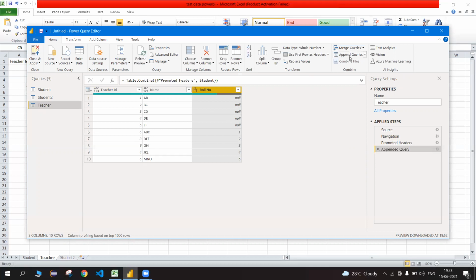So that was all for these two options, merge queries and append queries. I believe that merge queries is very important if we need to understand joins, though it isn't that important from the point of view of our BI. But when we would be studying SQL, the joining conditions are very important. So basically this section gives us insight into how joins work.